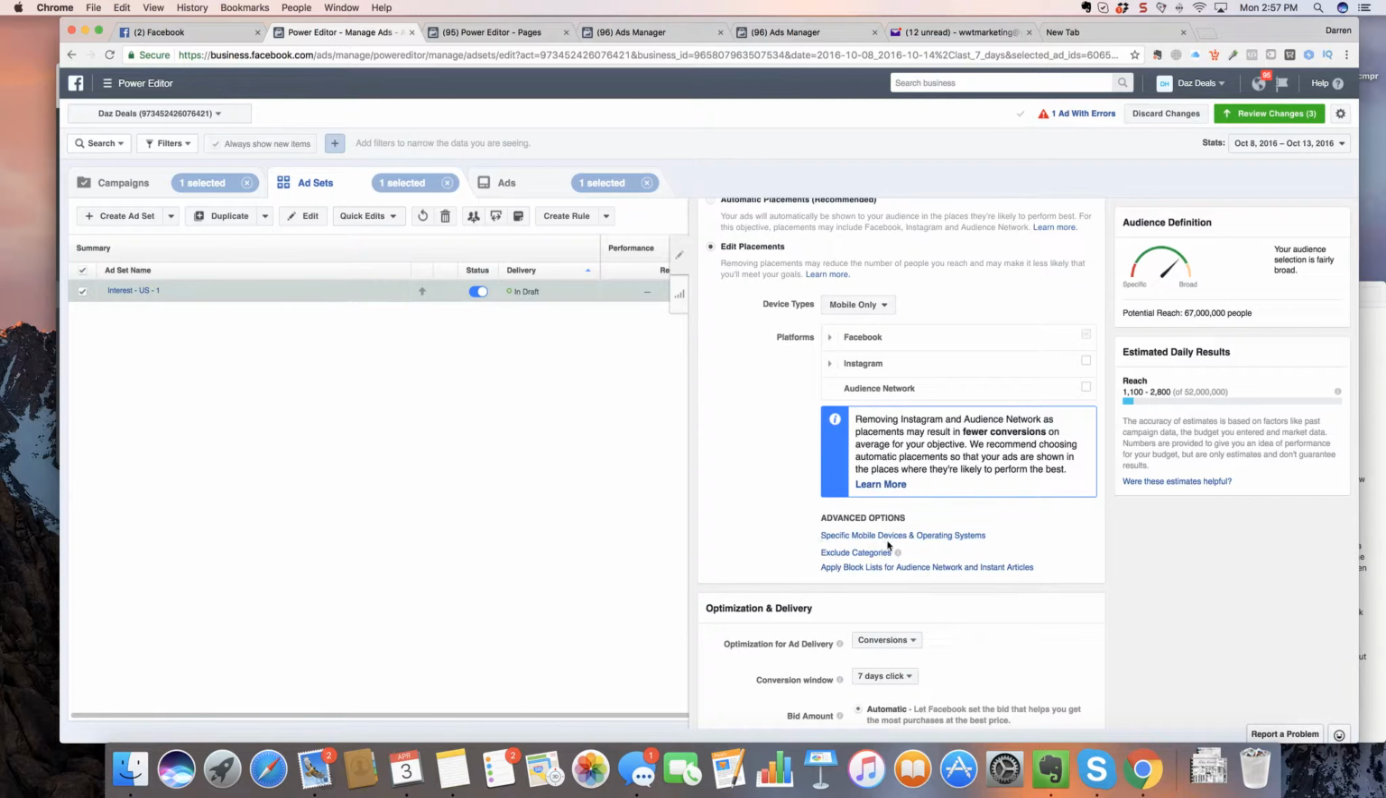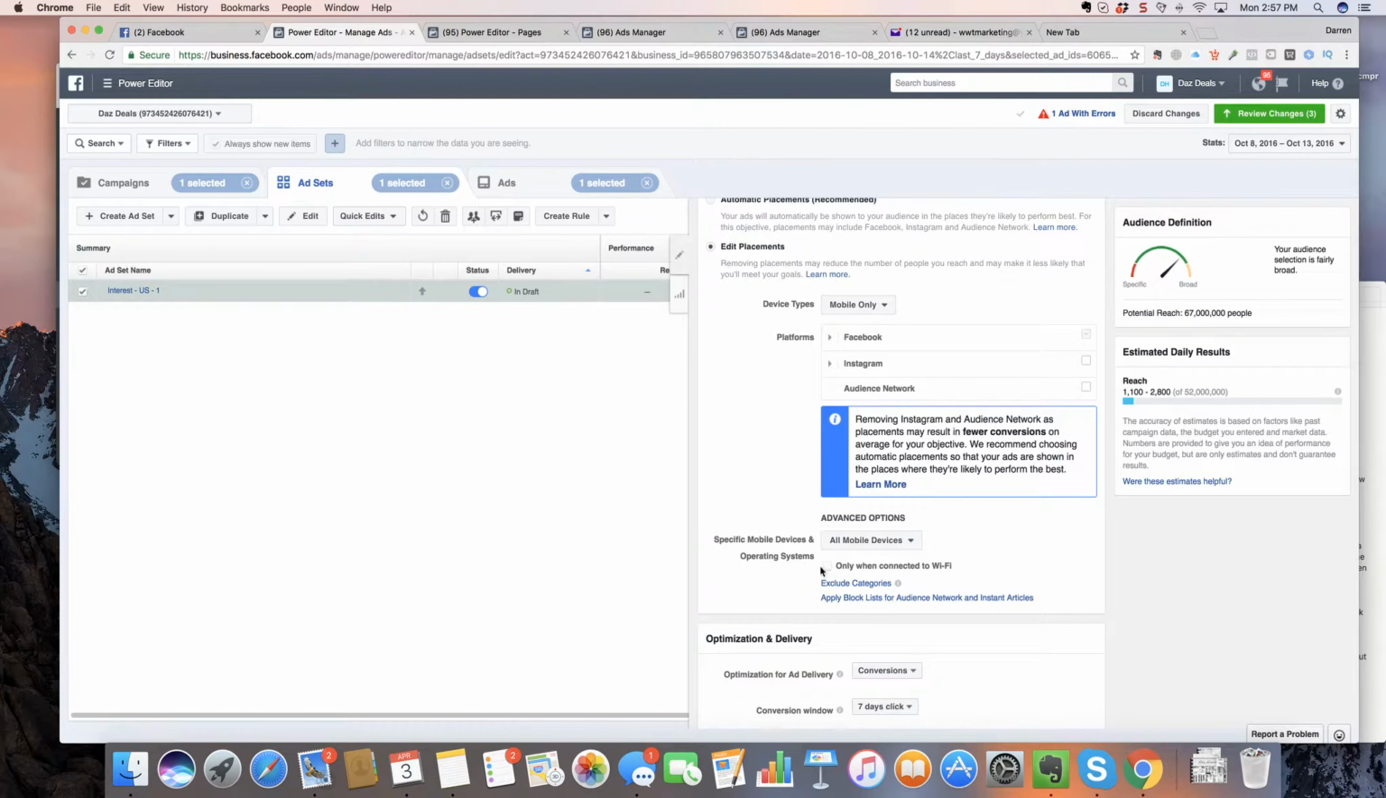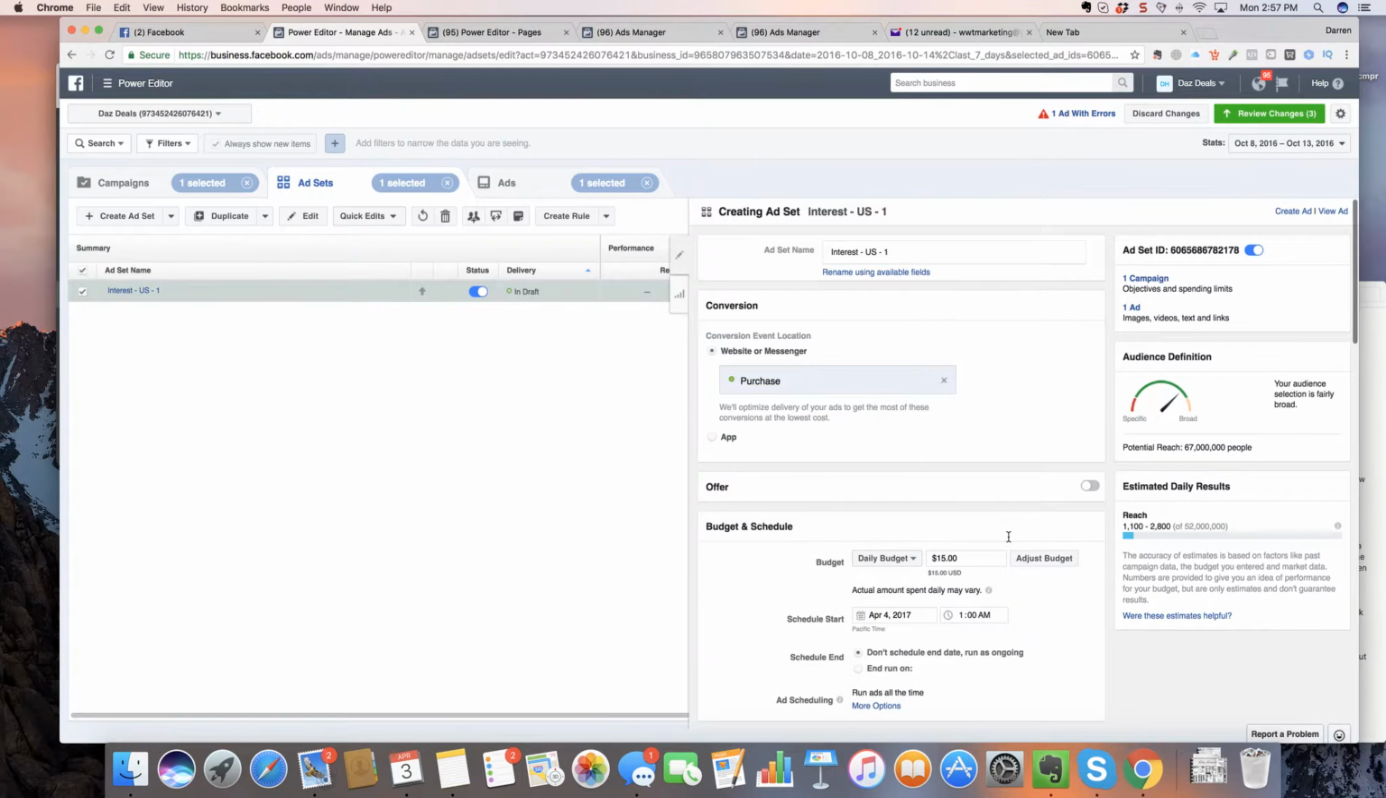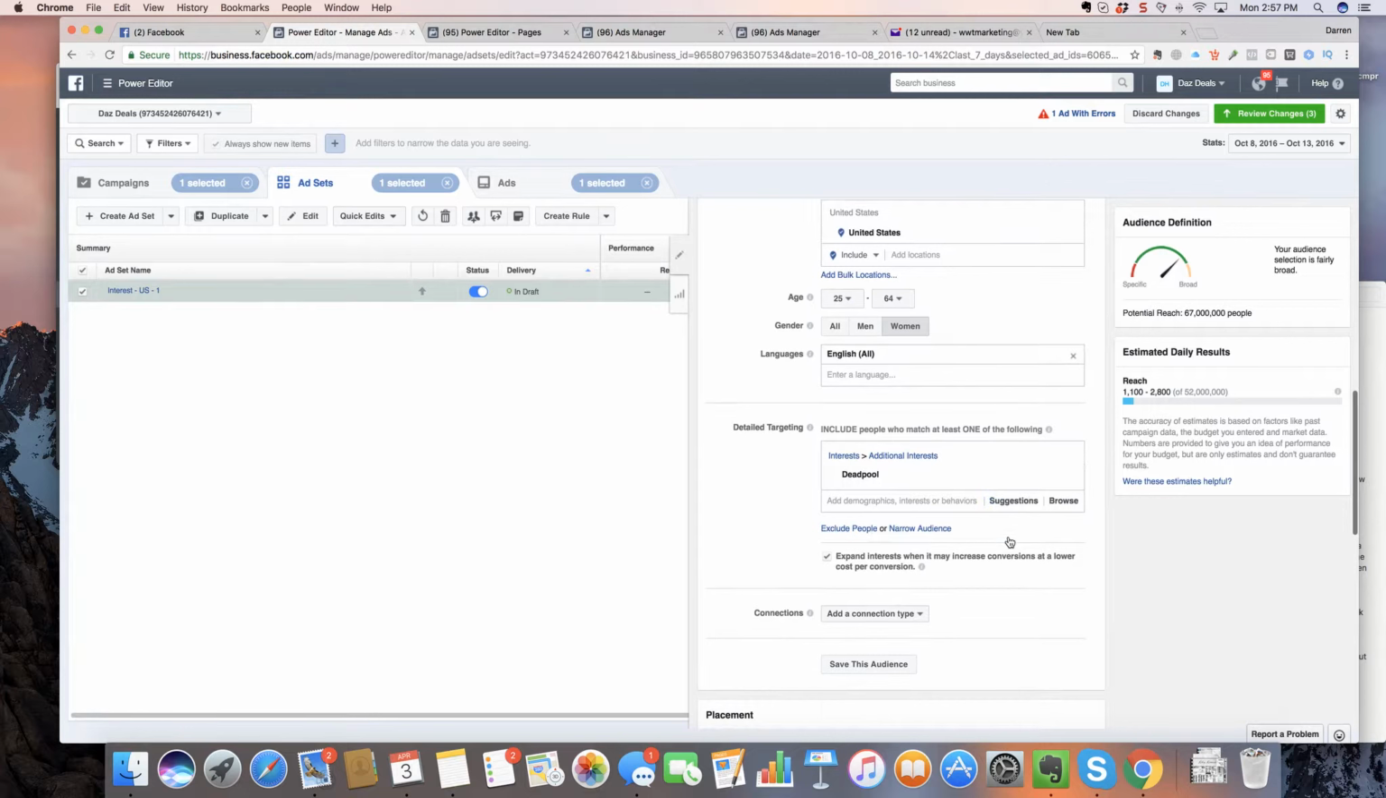Okay, and specific devices, we're going to change that to only when connected to Wi-Fi. And the conversions are here. And we're going to leave this to 7-day click. For image ads, we leave a 7-day click. So we're going to go back to the top. Let me scroll down. We're going to take our Deadpool